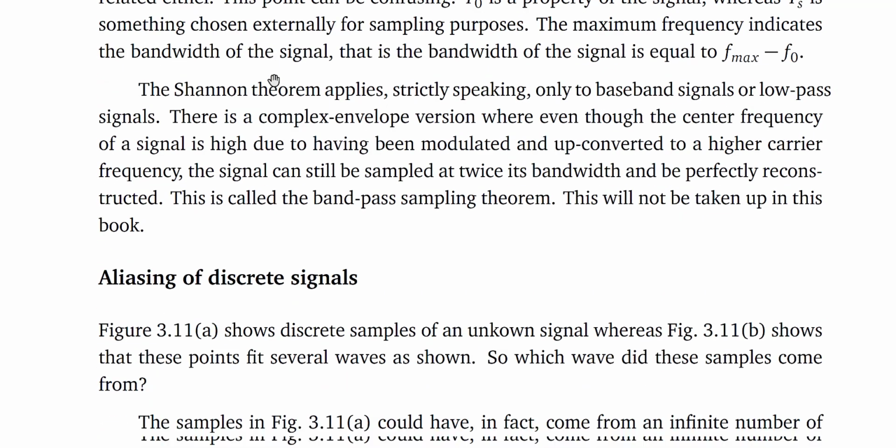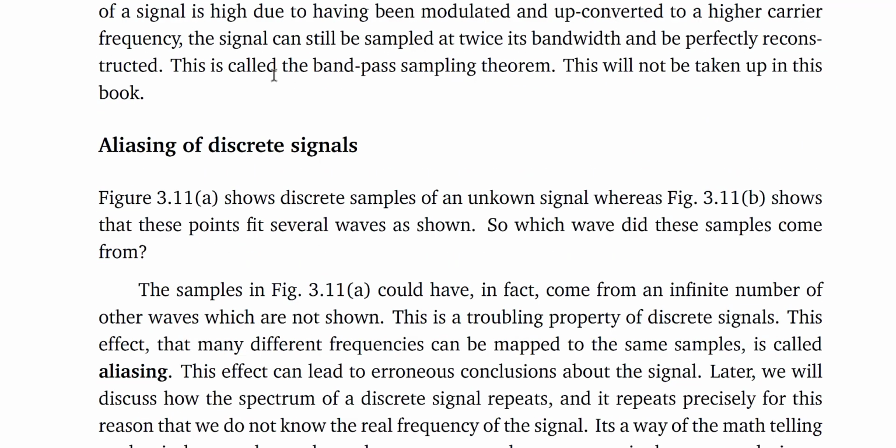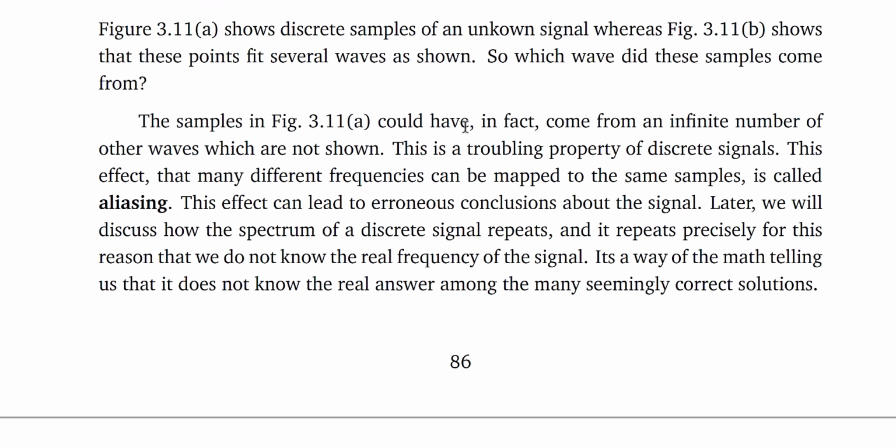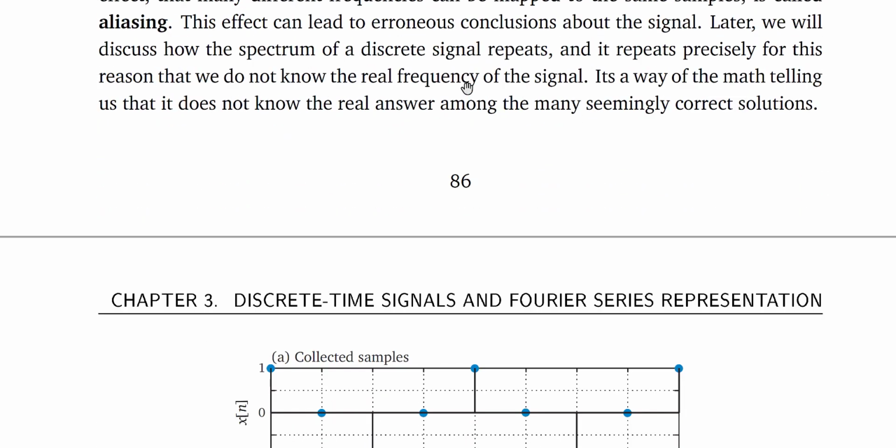Okay. So now we'll talk about aliasing. What is aliasing? What happens if we do not sample a signal at 2 times the maximum frequency? Well, what happens is we get something that's called aliasing. This term aliasing applies strictly to improper sampling of an analog signal and coming up with this